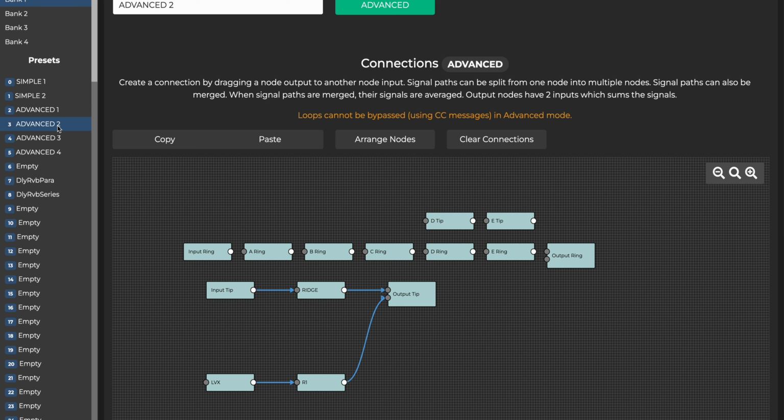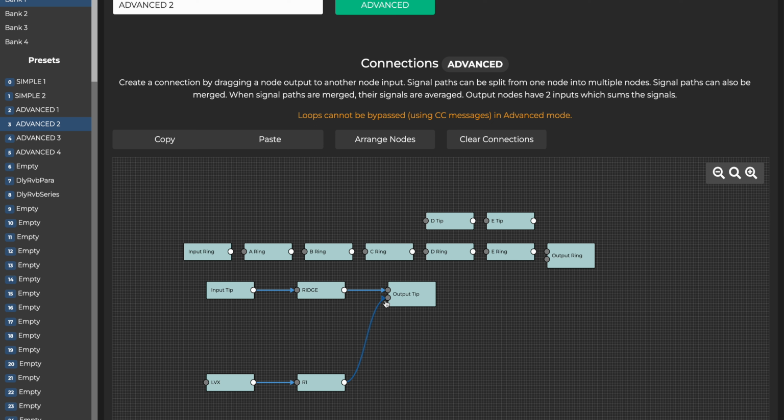But when we switch to the next preset, we want the delay and reverb trails to spill over and linger on. As you can see in this preset, the LVX and R1 have been removed from the signal chain and the guitar is no longer connected to their inputs, but they still have their outputs connected to the ML10X output at the end. If you noticed, I connected the LVX and R1 to the second connection point on the ML10X